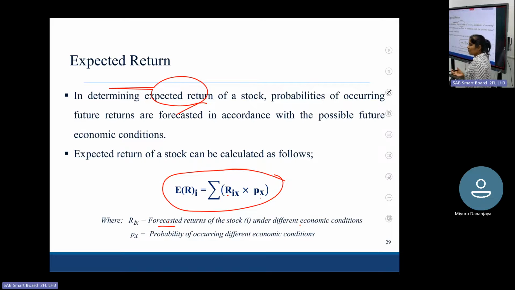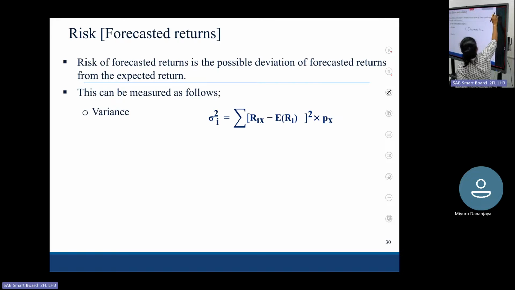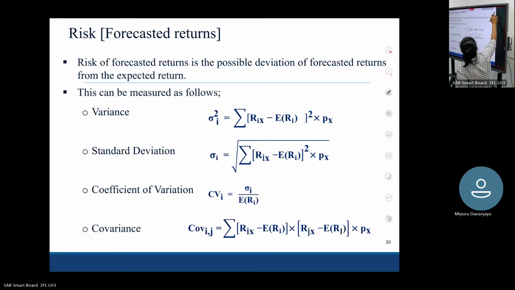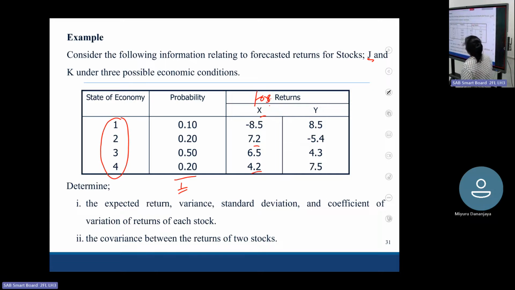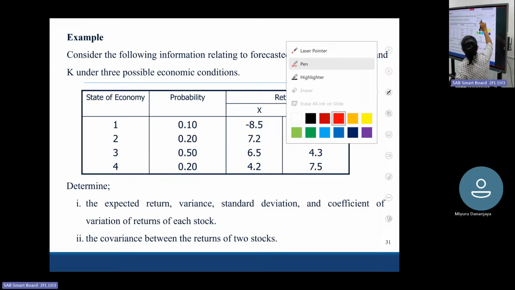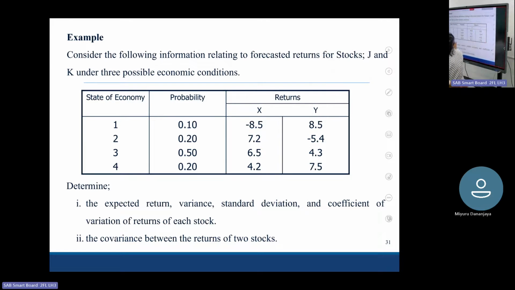If you have 4 states of economy, you have to consider all 4. That total is the expected return. Now in this example, you can calculate our expected return here. So the expected return of stock X is equal to